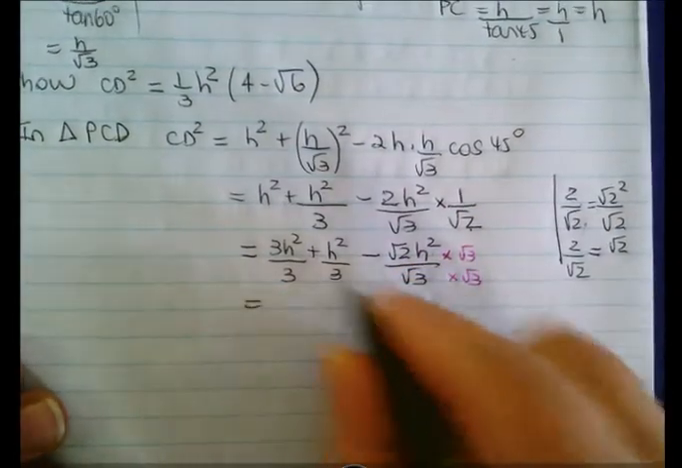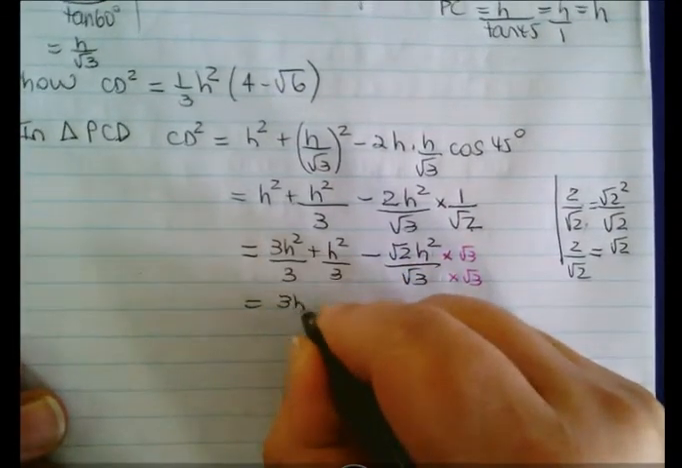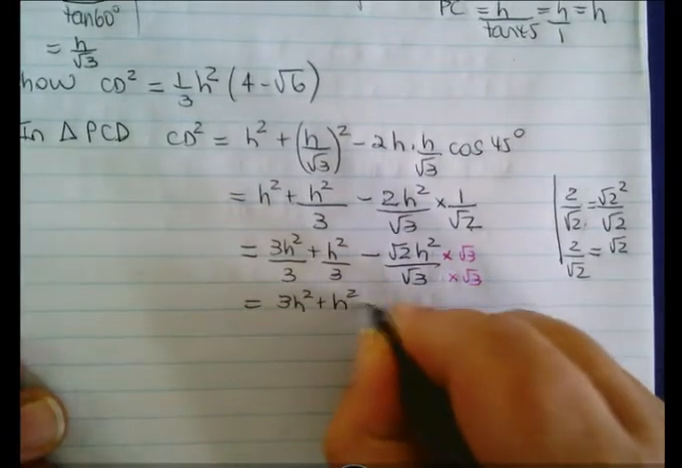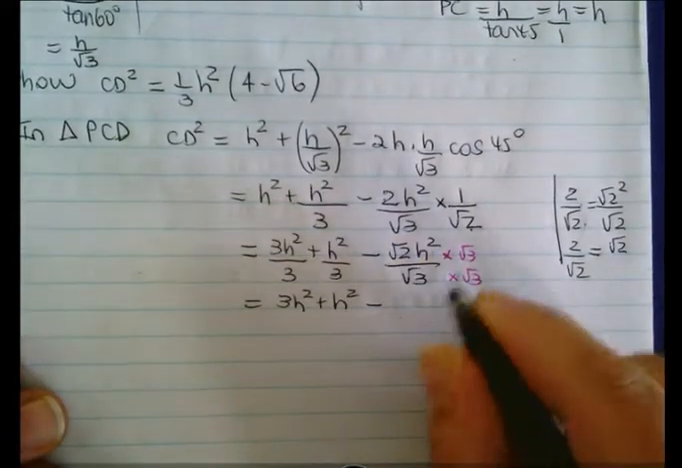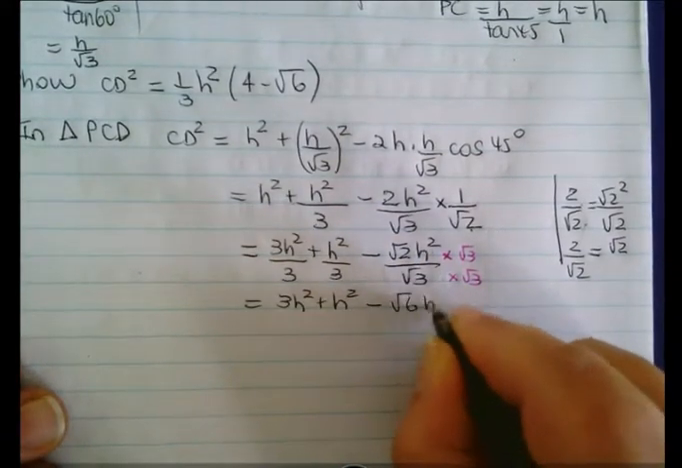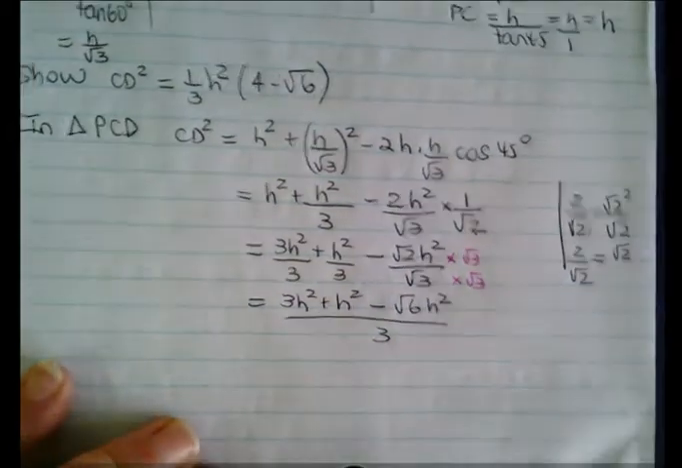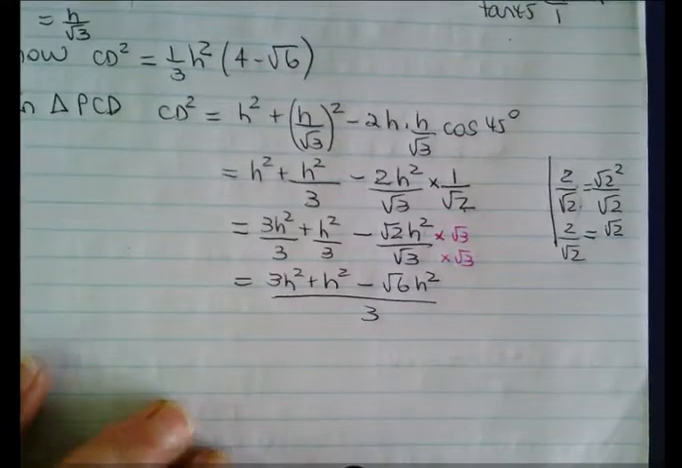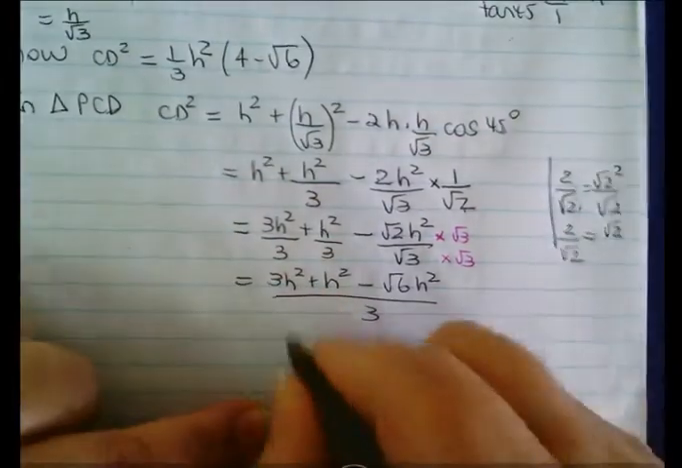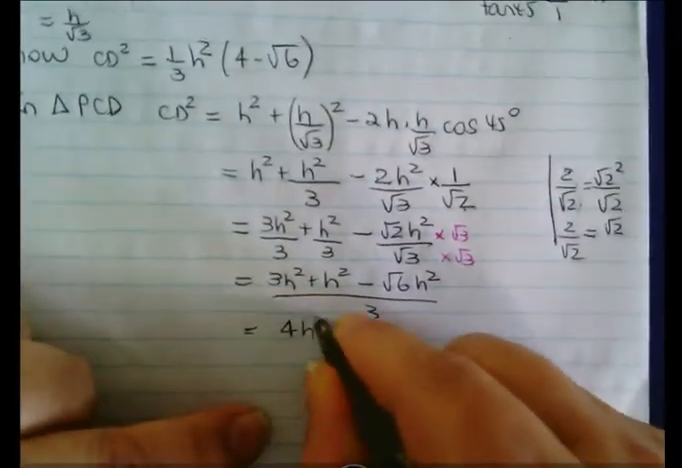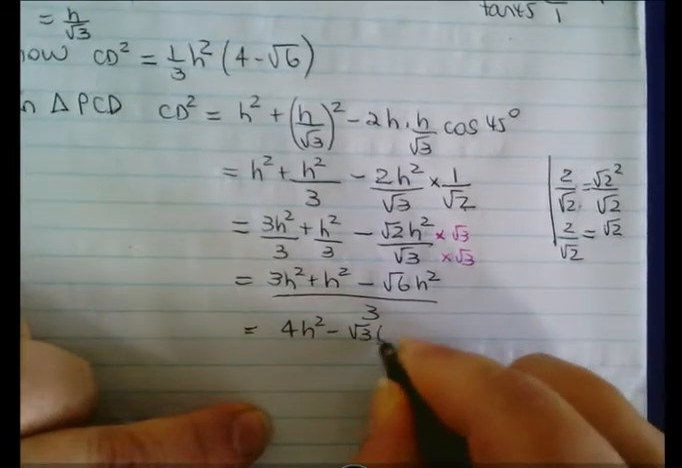So this is now going to be 3h squared plus h squared minus, what's root 2 times root 3? Root 6h squared all over 3. Do you agree that it's all got a common denominator? Now, what's 3h squared plus h squared? Isn't it 4h squared minus root 6h